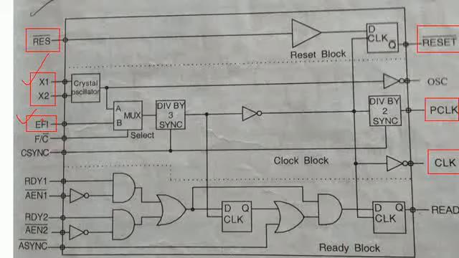Now the question is how the clock block of the 8284 is going to differentiate whether we are using the crystal oscillator or the function generator as the clock generator. That is differentiated by the 8284 with the help of one signal called F/C bar, which is used as a select line. If you see this, it is a 2x1 multiplexer, means two inputs and one output. In order to choose one out of two, we have one selection line.